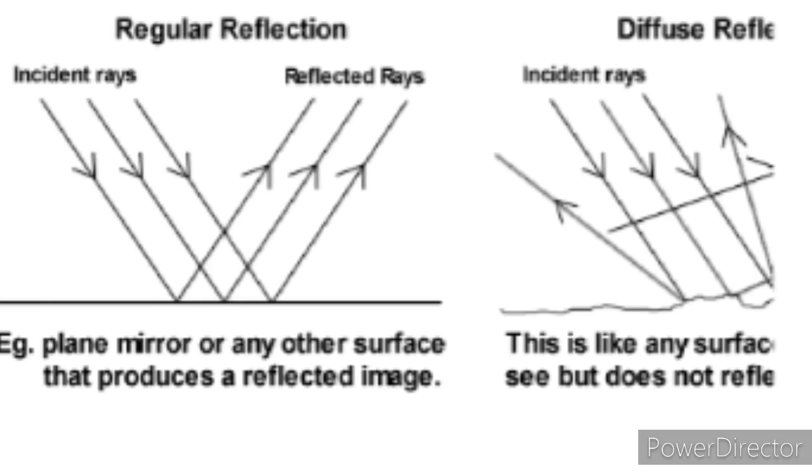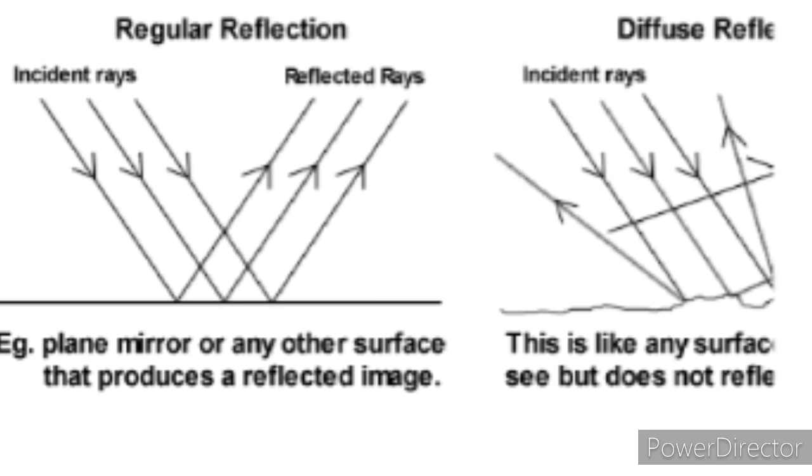After striking the mirror, the ray of light is reflected in another direction. The light ray which strikes any surface is called the incident ray. The ray that comes back from the surface after reflecting is known as the reflected ray. The line representing the mirror at the point where the incident ray strikes the mirror is known as the normal to the reflecting surface. The angle between the normal and the incident ray is called the angle of incidence. The angle between the normal and the reflected ray is known as the angle of reflection.